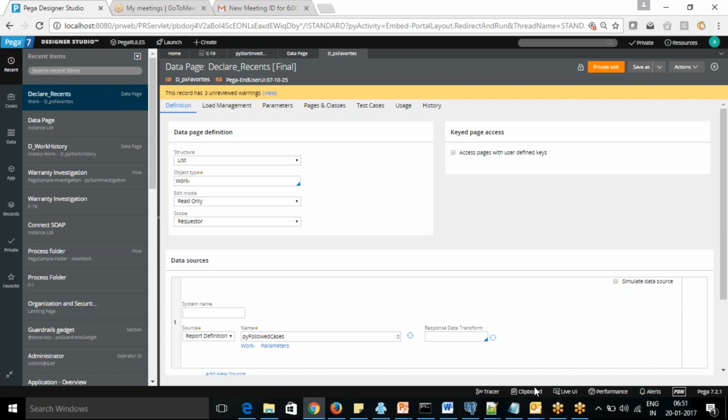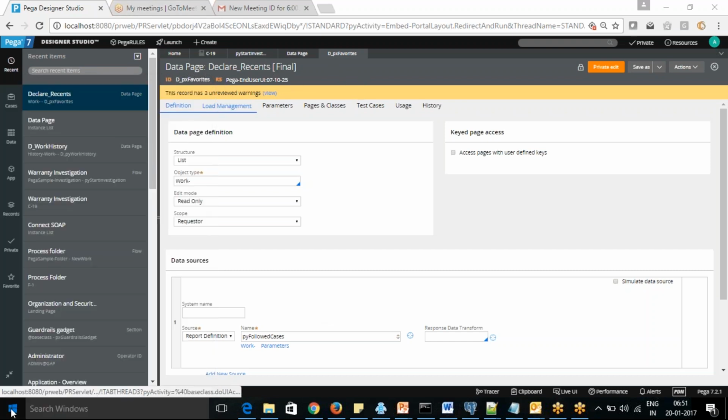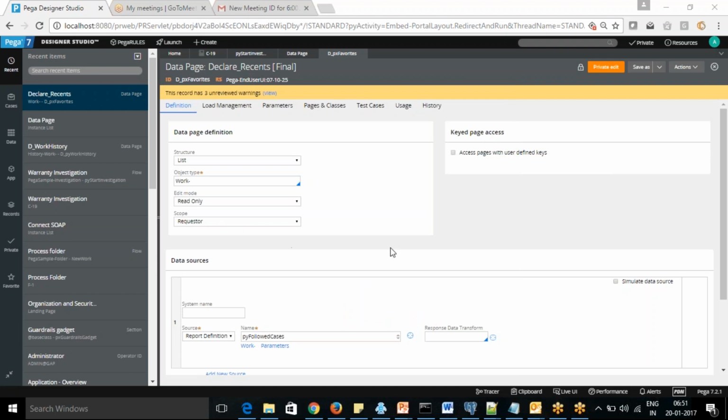Okay. So what is clipboard? Tell me how you are getting this. All the names, which are actually recent tags, are coming, right? So from where are the values coming?